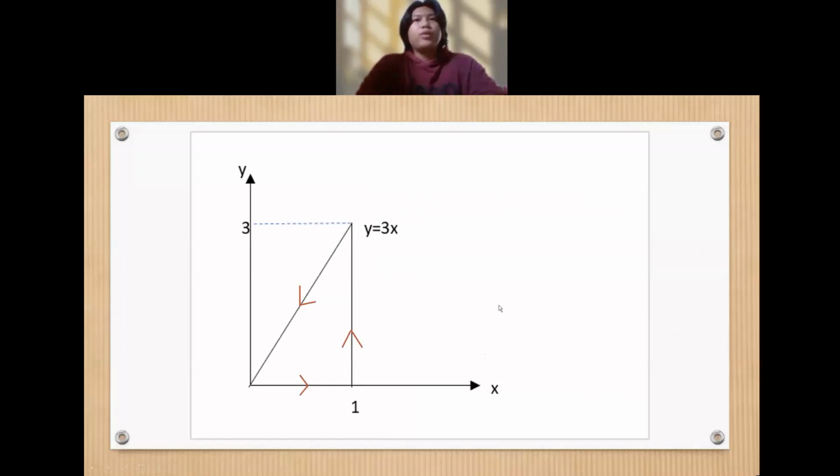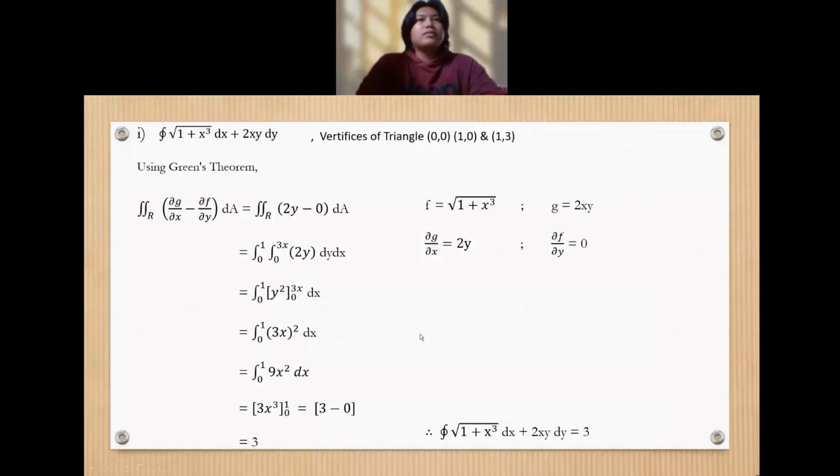So we plot a graph and we got this positively oriented triangle. So that is the region. And next, there is a general equation with the vertices of the triangle that I've stated. So using Green's theorem,